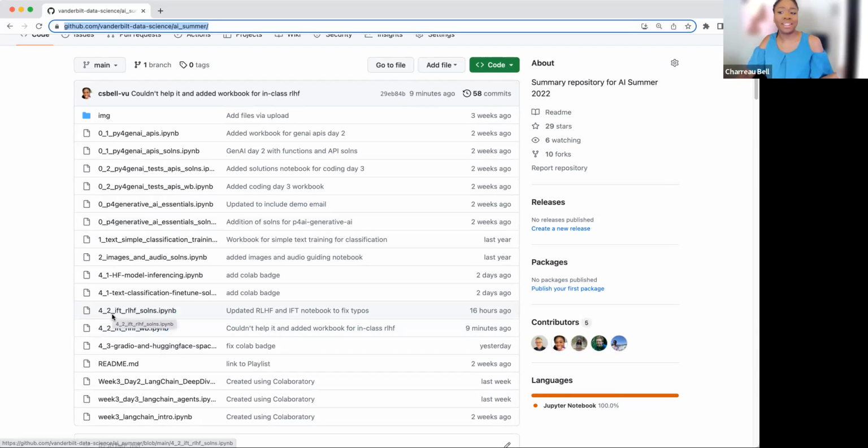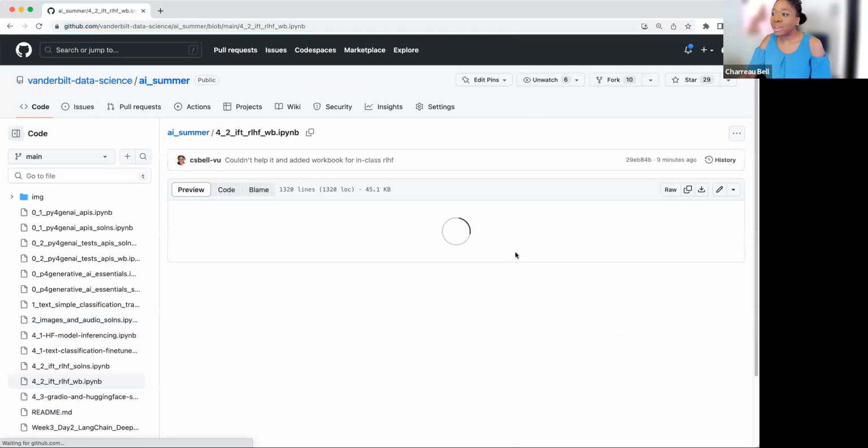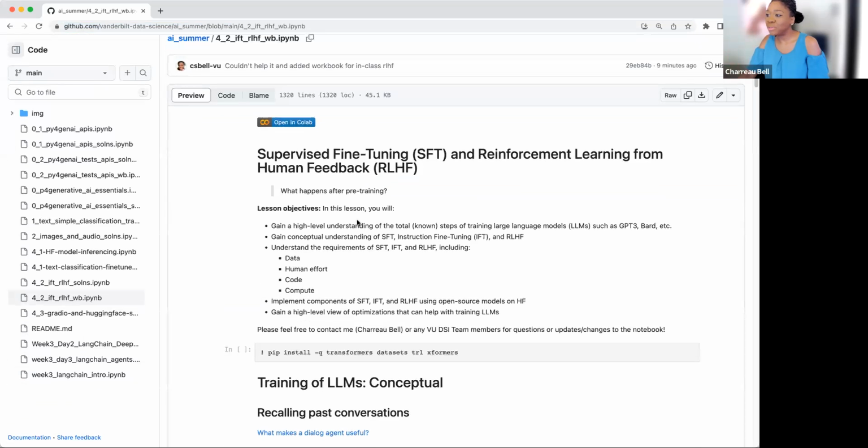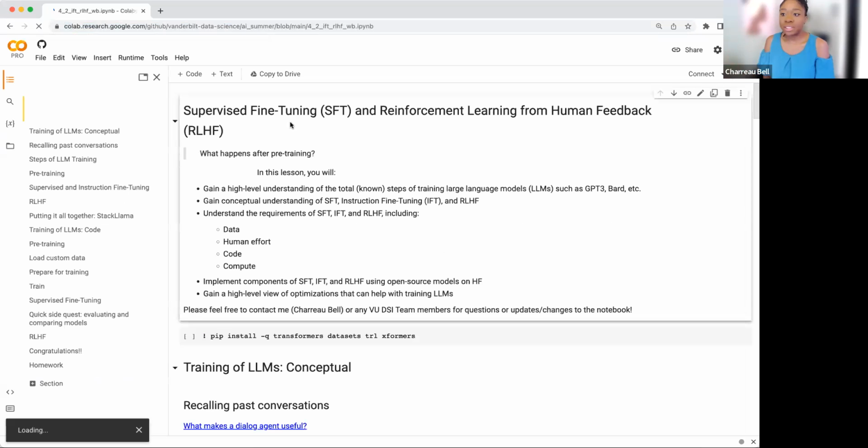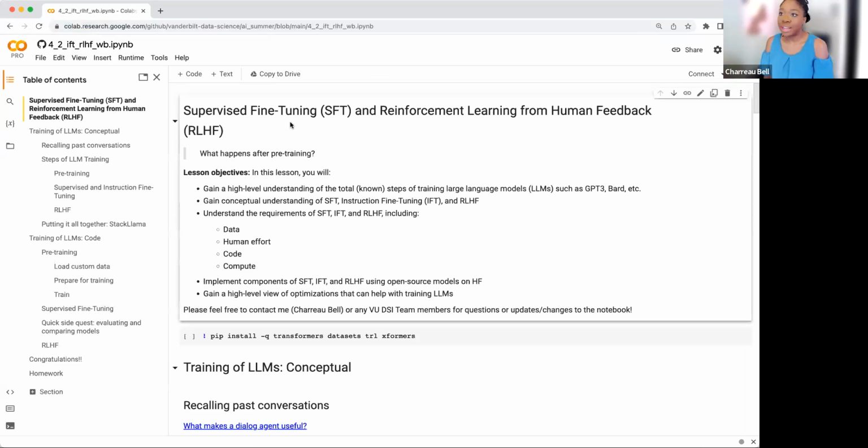You can open the solutions at any time in case that just has all of the full written code. But I'm gonna work in this workbook and hopefully you'll type along with me. So we're gonna go ahead and open this one up. As we know from all of these weeks, this is just something that we look at. And so we're gonna open this in Colab, which is gonna give us a nice kernel for us.